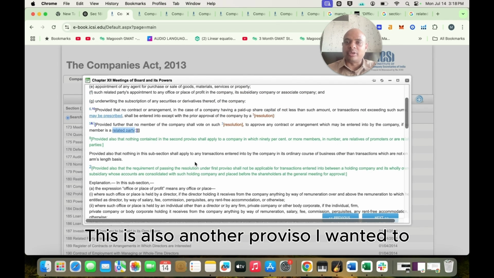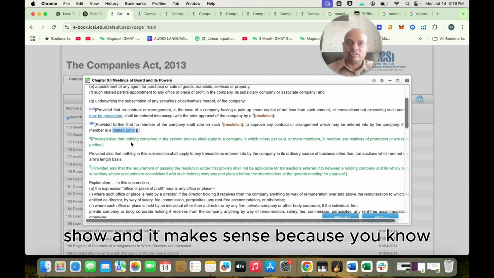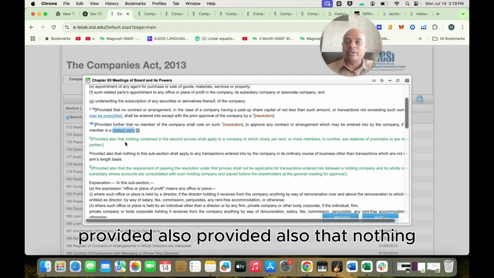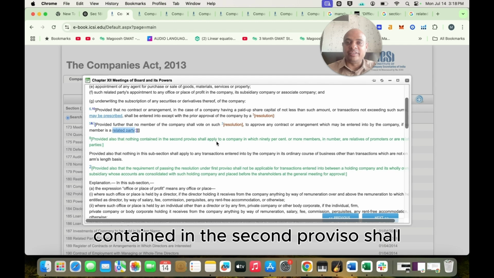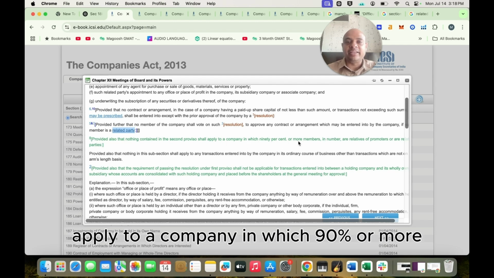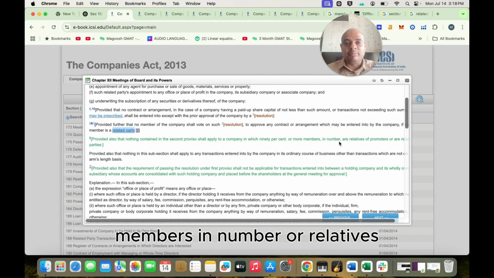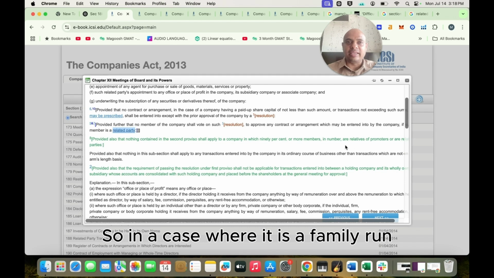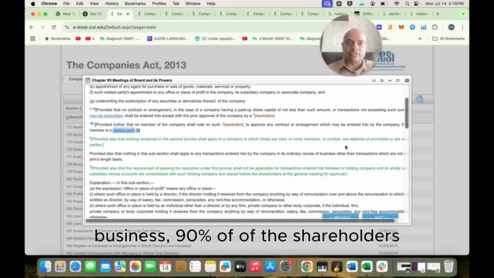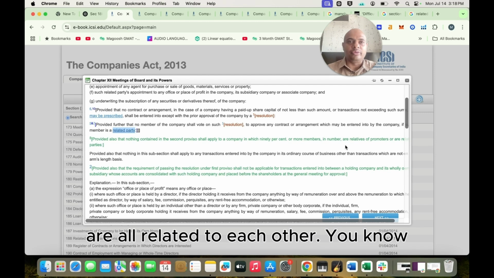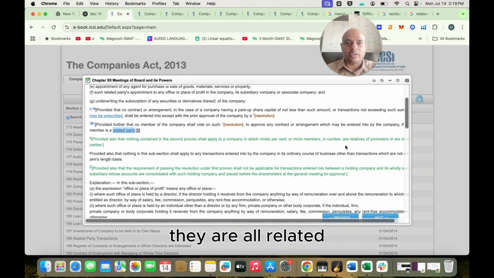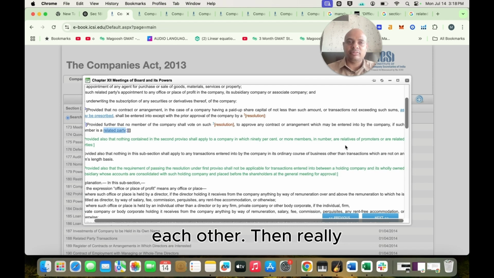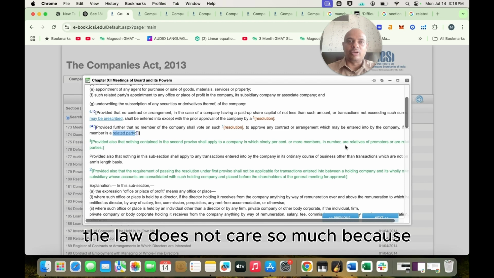There's also another proviso I wanted to show, and it makes sense because you know the context, which we skipped. So provided also that nothing contained in the second proviso shall apply to a company in which 90% or more members in number or relatives of the promoter or are related parties. So in a case where it's a family run business, 90% of the shareholders are all related to each other, they're all related parties to each other in reference to each other, then really the law doesn't care so much,